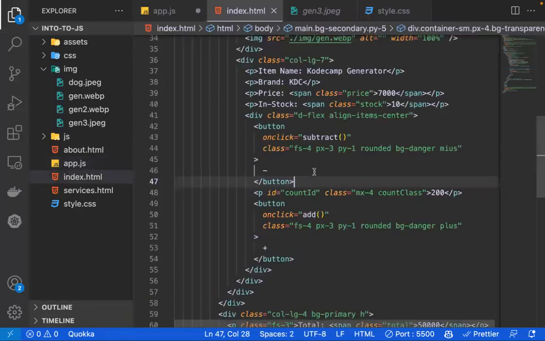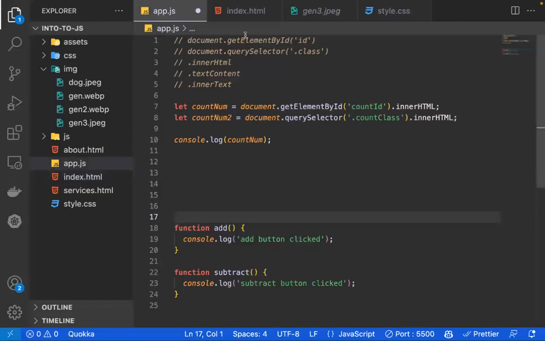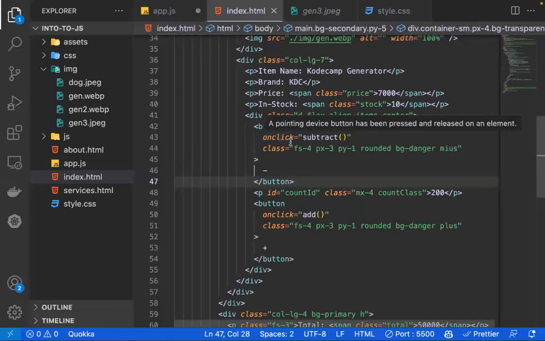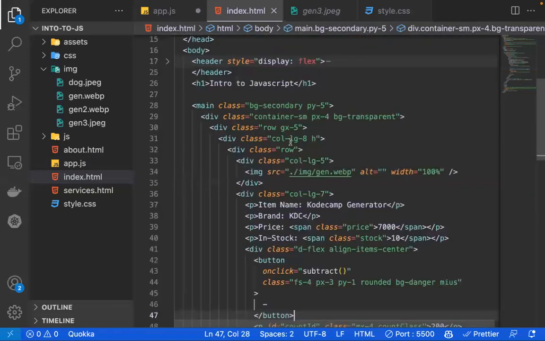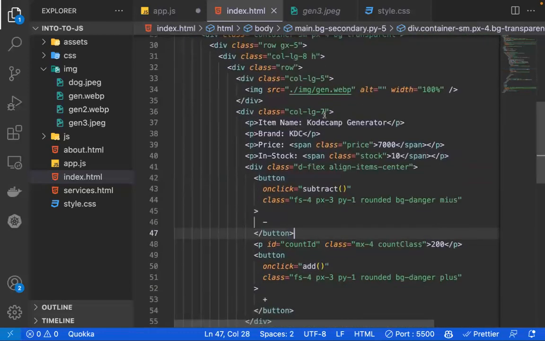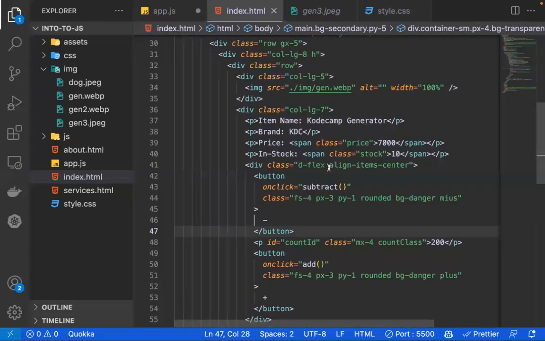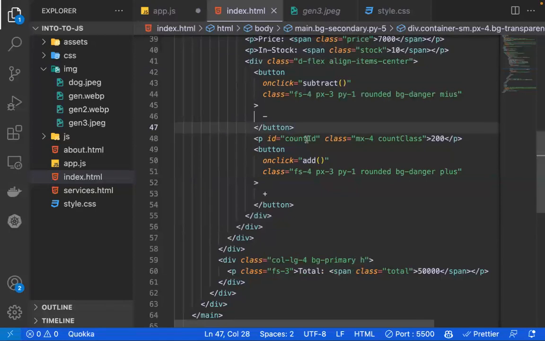So you now say, okay, I'm looking for count ID. So JavaScript will come to this index and start looking for all the IDs. It's going to scan through all the IDs until it says, okay, I think this is the ID I'm looking for. So JavaScript will now pick this element, because it is the element that we are looking for, not the ID. It is the element that we want, but we want to use the ID to look for the element. It's more like